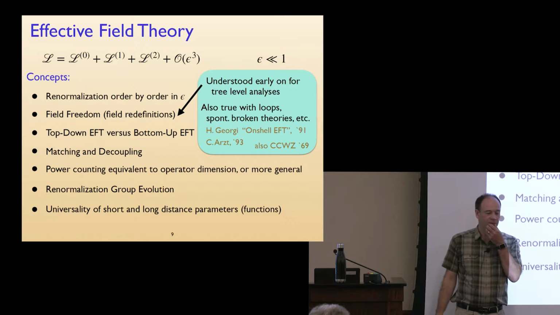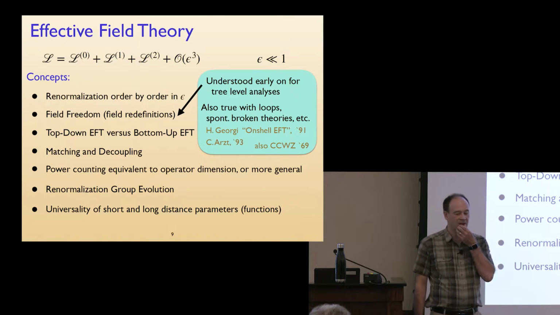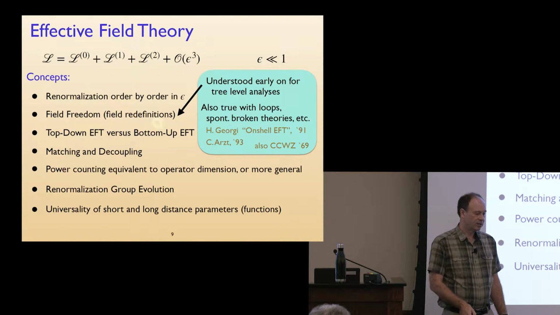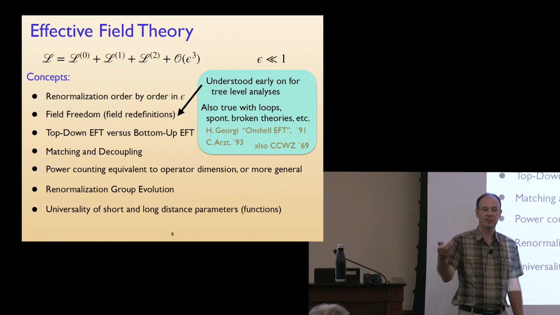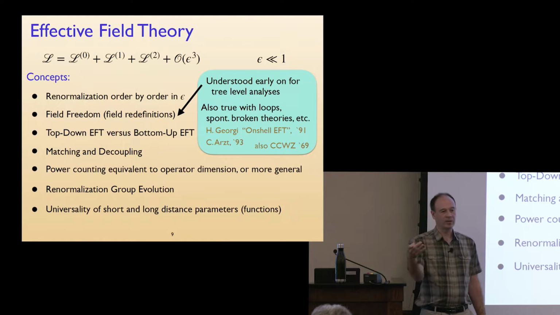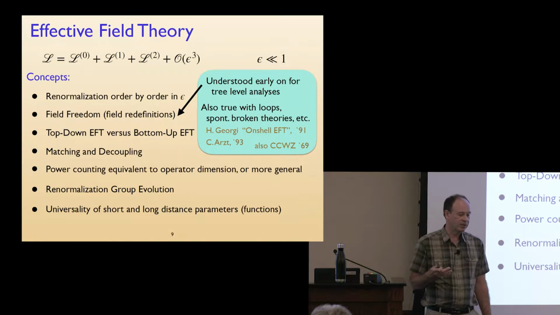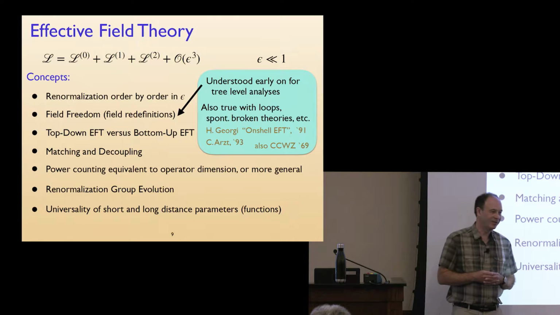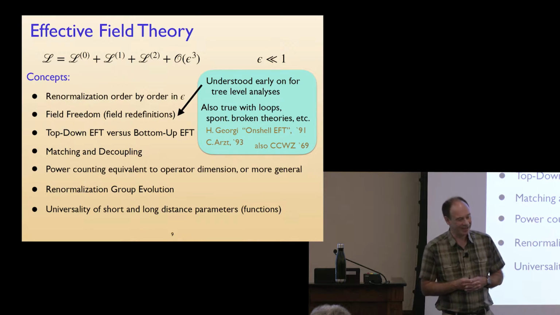So let's start with field redefinitions. This really goes down to the idea that you can use your leading order Lagrangian, this L0. You can calculate the equations of motion from that Lagrangian. You can use those equations of motion to simplify the higher order terms. And the reason that you could do that is because you can make field redefinitions. This was understood early on. I think it was actually understood even in the early analysis of deep inelastic scattering